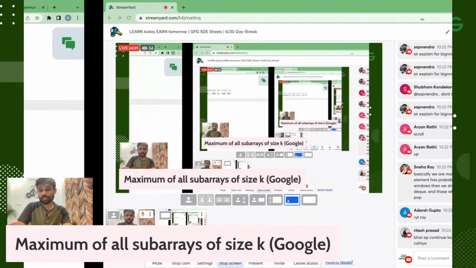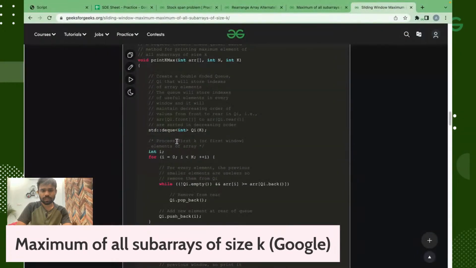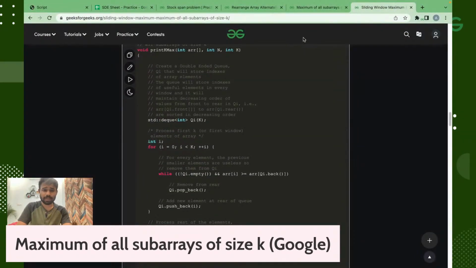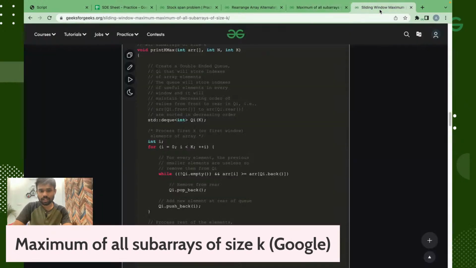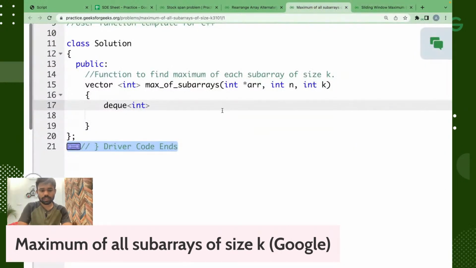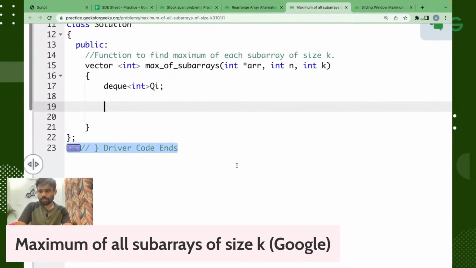and sorry, which one is this? Or basically dq, yeah, not q. I'm again confusing you. It's dq. You have to take a dq, okay? Don't worry. Let's say it's named dq, okay. Or let's take the one they have taken, because we have to copy paste, so they have taken qi, so let's take qi only, okay. Now what we will do is